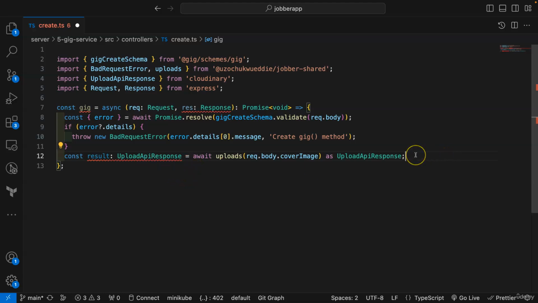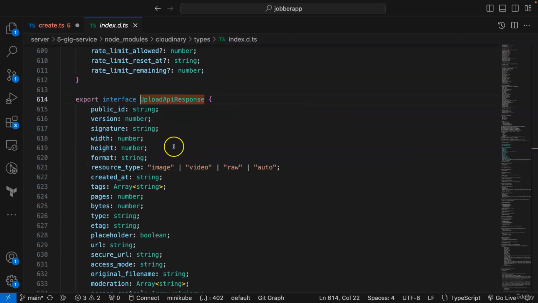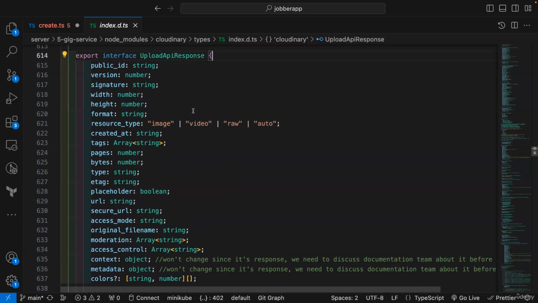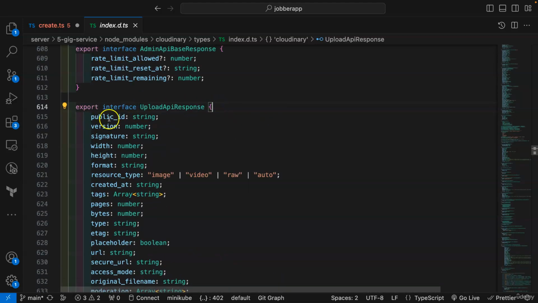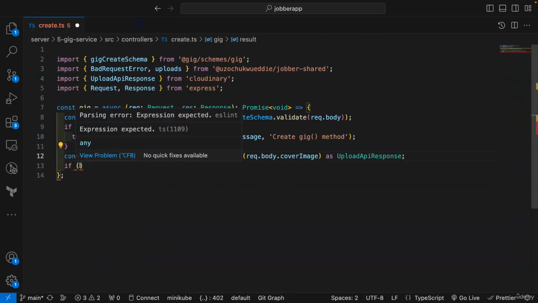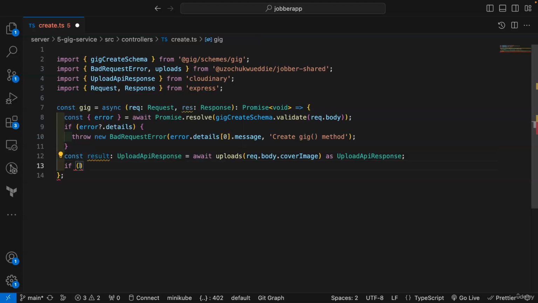Now if this upload API response is successful, we can check the content. You can see the content of the upload API response. If it is successful, it will contain this public ID. So if this result contains a public ID, then it is successful. But if it does not contain a public ID, that means it's an error. So I'll say if no result.public_id,